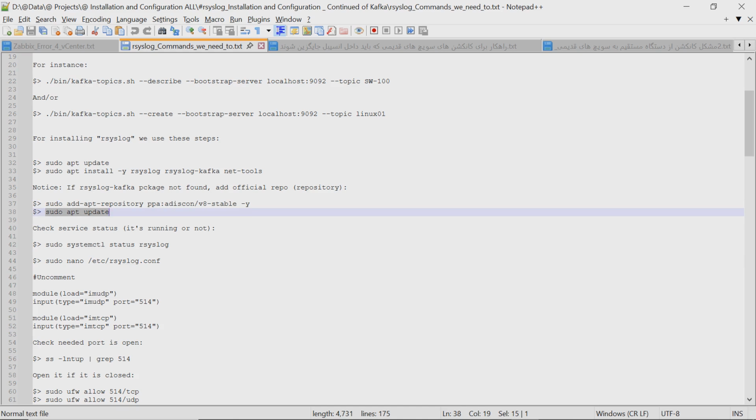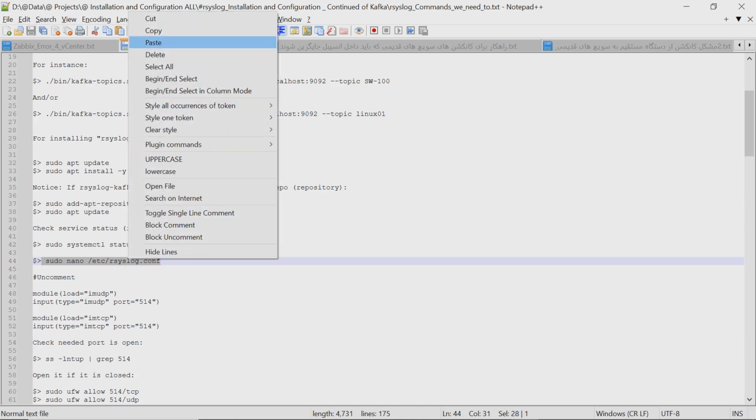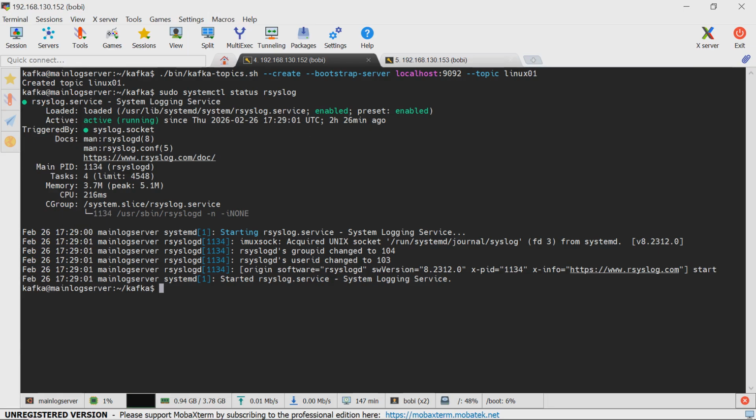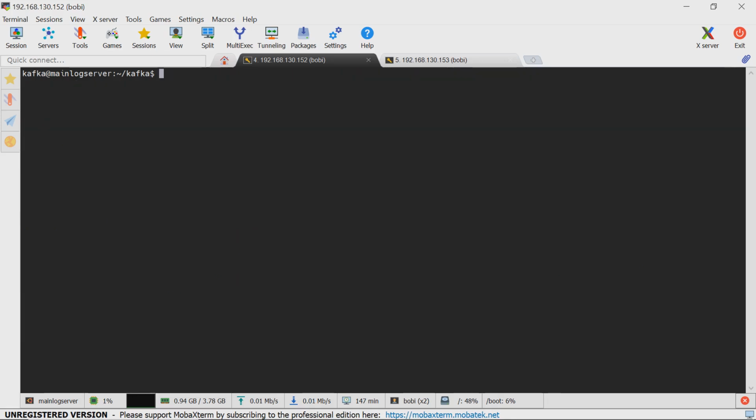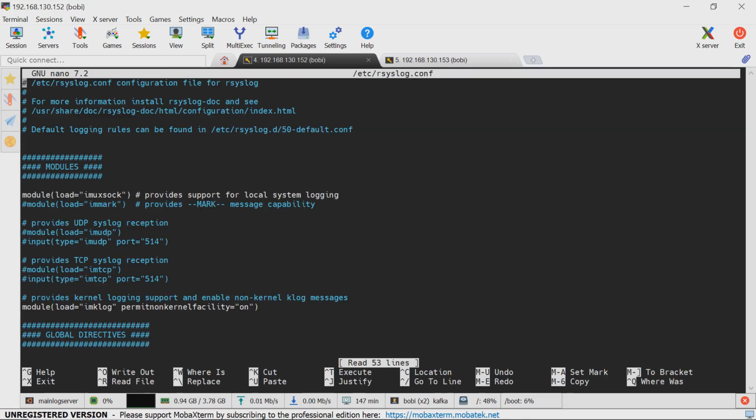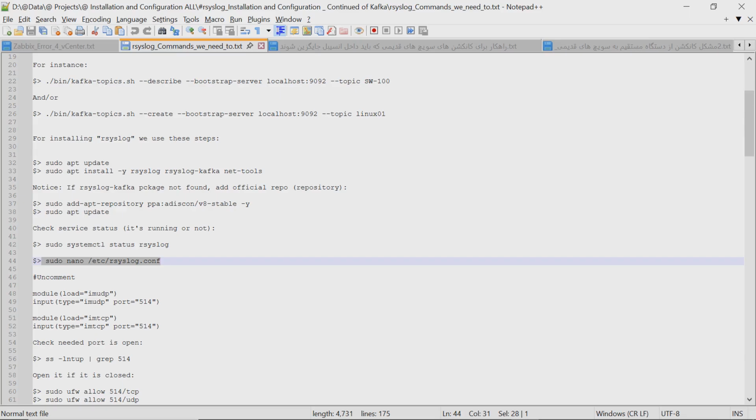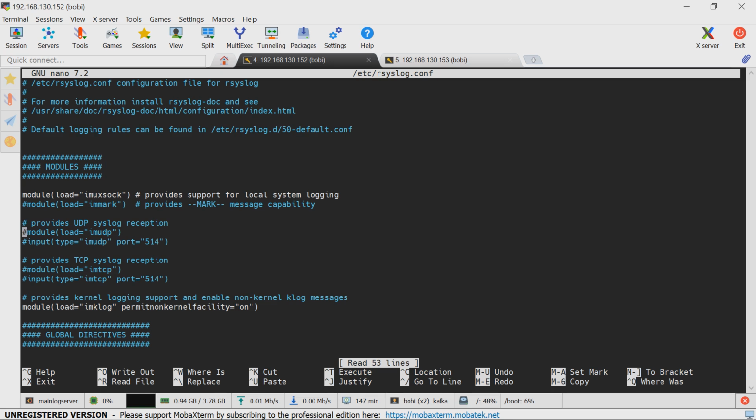To check whether it works or not, we can use this command, as you know, sudo systemctl status rsyslog. We must edit and configure rsyslog.conf to get logs. Otherwise, logs will not be received by the log server from the machine or device. sudo nano /etc/rsyslog.conf